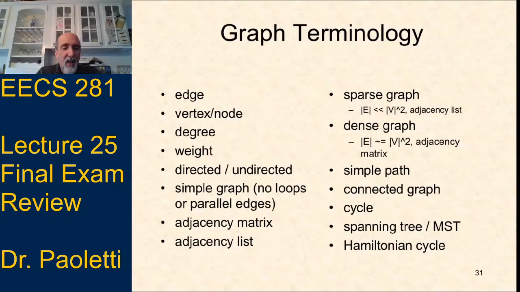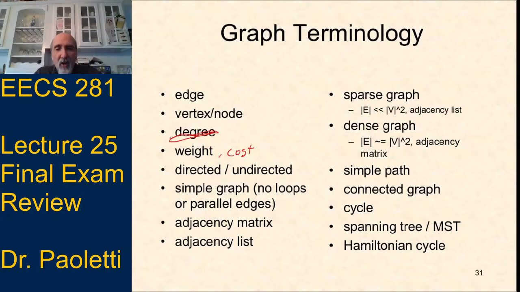So the graph terminology: edges, vertices, and nodes. Out loud and in the problems, we might use vertex and node in different problems. One problem might say vertices, another might say nodes, so just get used to those. Degree is actually something I should get rid of from our terminology. We didn't talk about degree, forget that one. Weight of an edge, also called weight or cost, is the number associated with an edge, like this edge has a cost of 87 or 42.3. It could be a Euclidean distance, etc.